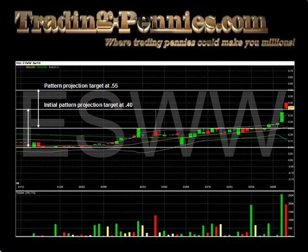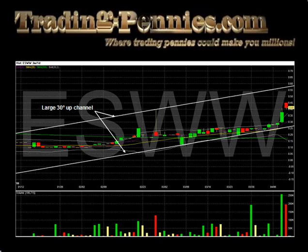On the daily chart, we saw an initial price projection target at the 0.40 price level, which also represented a major price level resistance point. And with the subsequent break above this during Thursday's trade, we noted a price projection target at the 0.55 price level. We also note a large 30-degree up channel with an upper boundary at the 0.55 to 0.58 price level